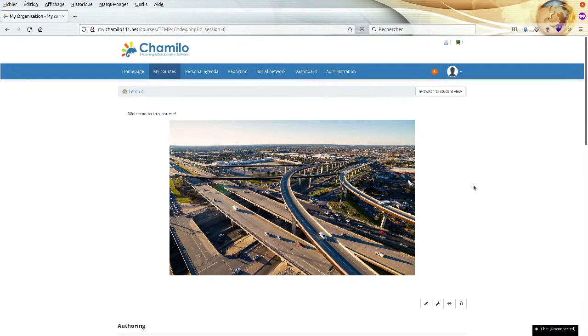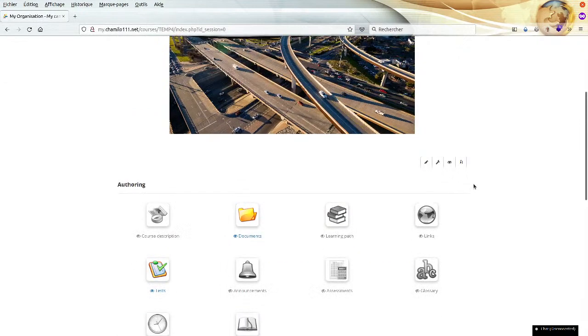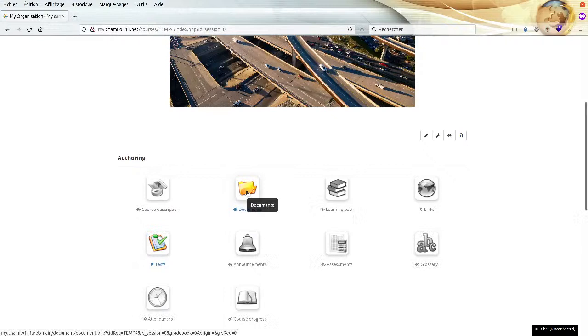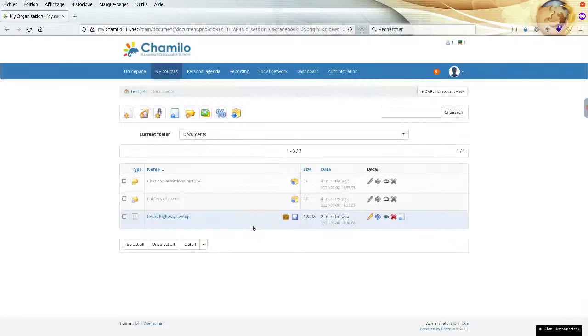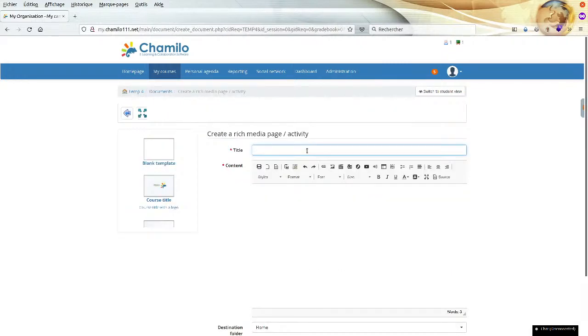Okay, so what happens if I want to create a document? I want to go here in the documents tool. I will have the list of all the documents that exist in my course, and obviously because I uploaded an image right now, the image appears here. I can see that it's 2 megabytes, so that's quite a big image. And I can either create a new document directly on the platform, so say introduction,